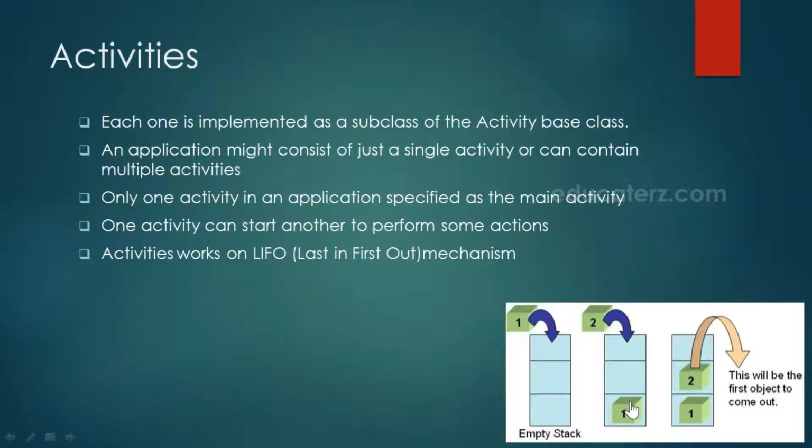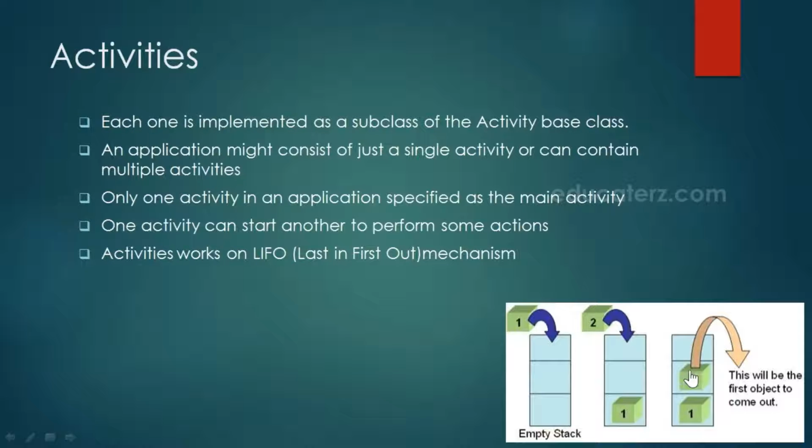This means activity one will go to the background, and the current activity, activity two, will come to the foreground and be visible to the user. Like this, if activity 3 comes, it will be placed on top, the second will go to the back stack, and only the current activity 3 will be visible to the user. The same way in reverse: if you want to go out, whichever comes last will go out first. That is what we call last in, first out. Whoever comes last will move out first.